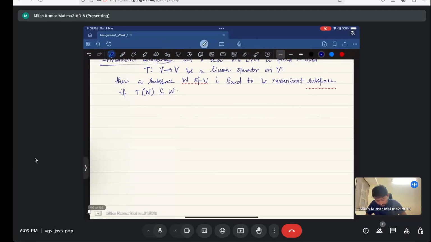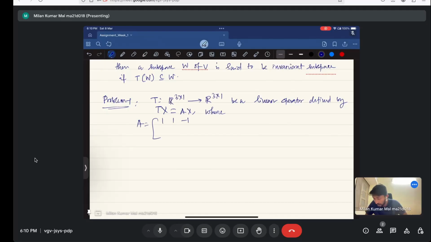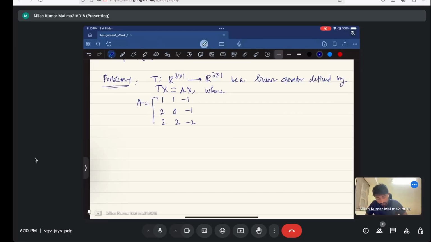Now let's do one question. Problem number 1. Let T be a linear operator from the column vectors R3 cross 1 to R3 cross 1, defined by T of x equals Ax, where A is the matrix 1 1 minus 1, 2 0 minus 1, 2 2 minus 2. And let